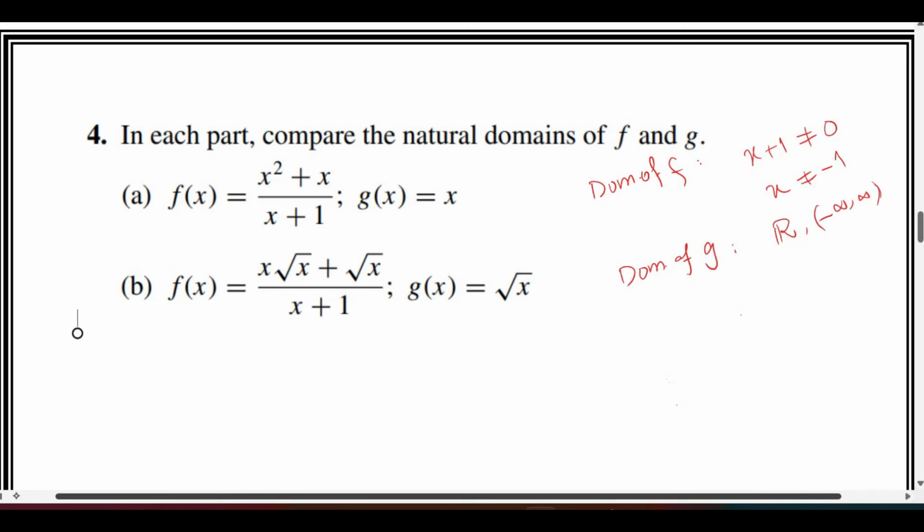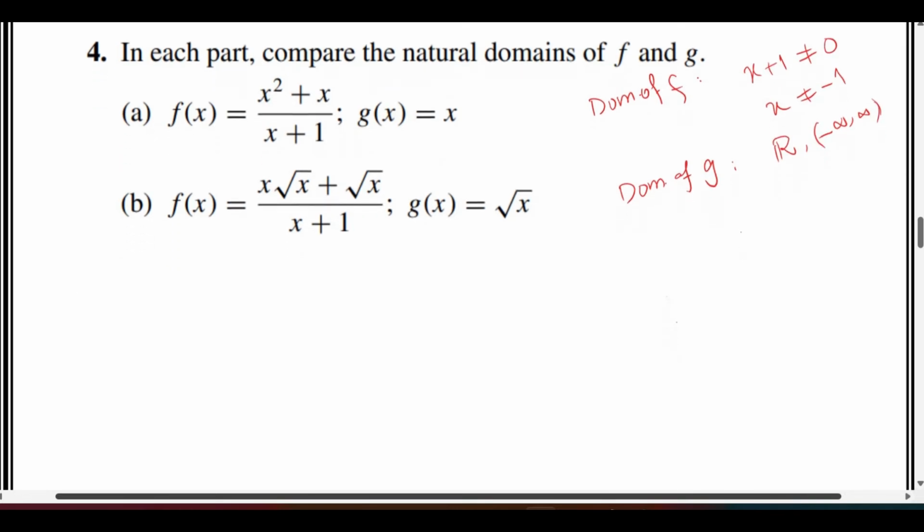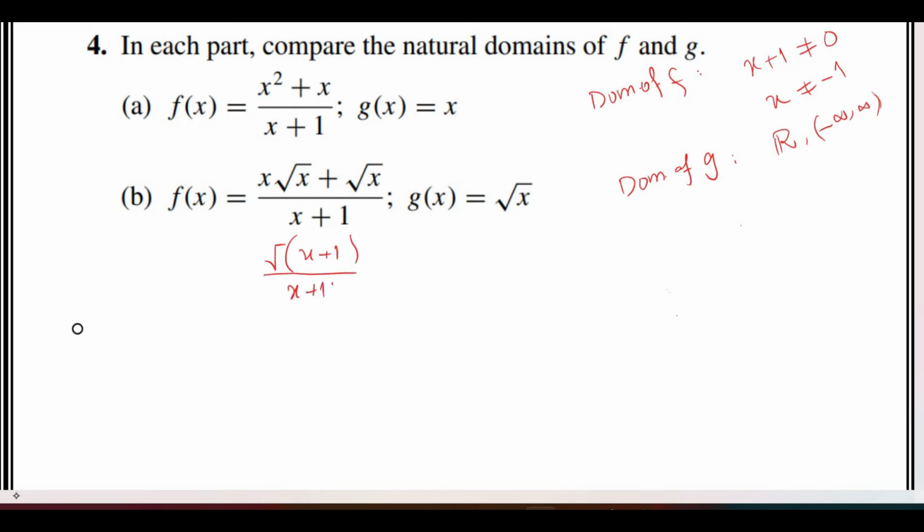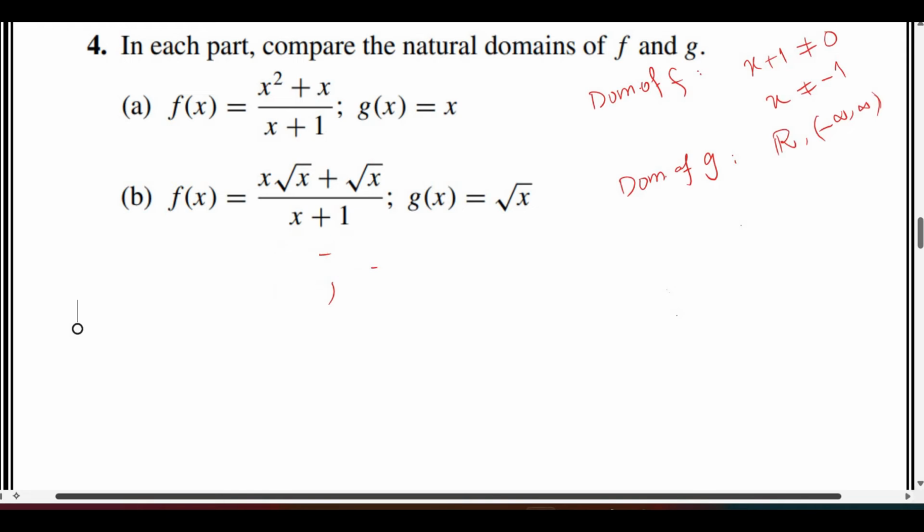Okay. Now in part B, again, if we look at f and take the square root of x common, we are left with x plus 1, and in the denominator we have x plus 1. They cancel out each other. We are left with square root of x, which is the same as g of x. But if we want to find out the domain of f,